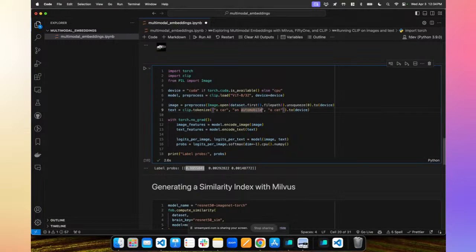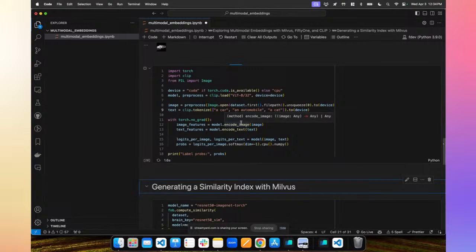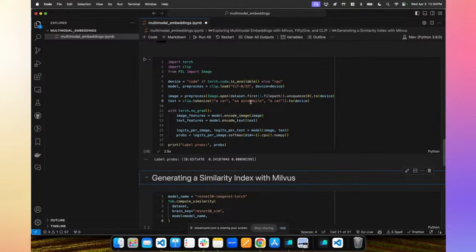It's very hard to tell what kind of car that is. Yeah, so I'm just going to say automobile. So it's another word in the same vein. And here we can see that the model is unsure, supposedly, of what this actually is, given these choices. So it's assigning some probability that it's a car, some probability that it's an automobile. Really, it's both, but we're forcing the model to choose by treating these as probabilities by normalizing everything. Basically, it's saying, I think it's one of these two, and it's definitely not this one.